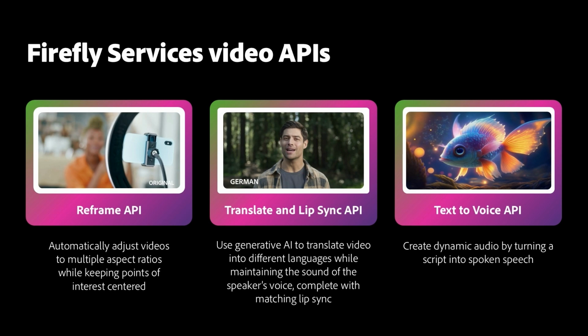The first one is a Reframe API, and this allows us to maintain the video and brand integrity across different form factors. And we'll walk through a couple examples, but if it's a 16:9 moving to a 9:16, so landscape to portrait, we're going to show you how that works. The next